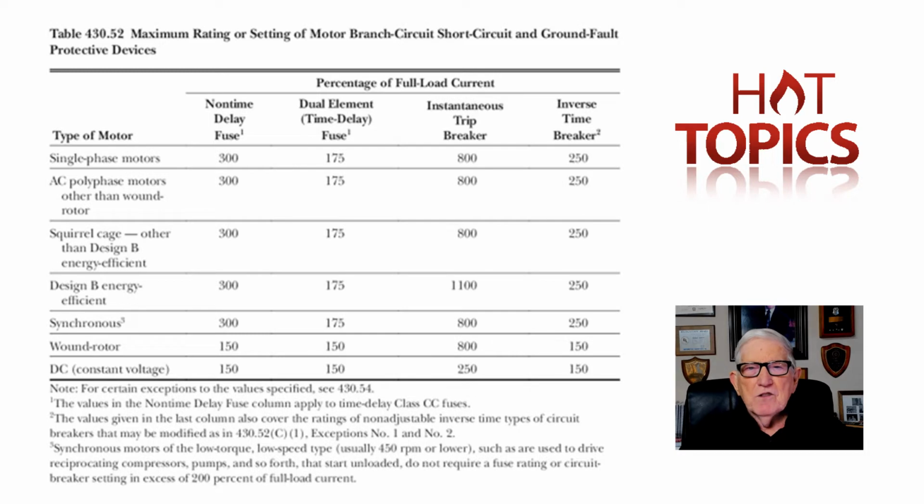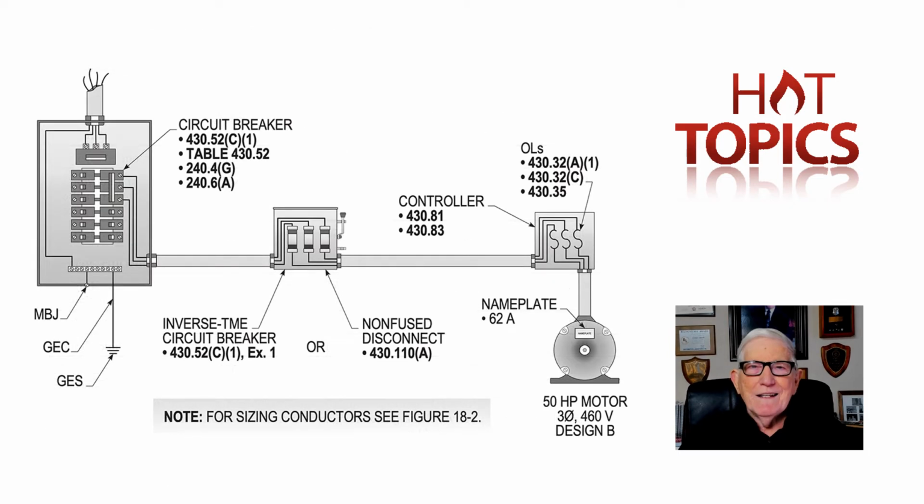430.52 lists the percentages for the type of devices outlined in the table, but you can always round down smaller. That's just a percentage to start your design with. Now, to kind of illustrate this, I want to use our figure 18-25D as in dog in Stallcup's Volume 2 Electrical Design Book. Now, reviewing the figure